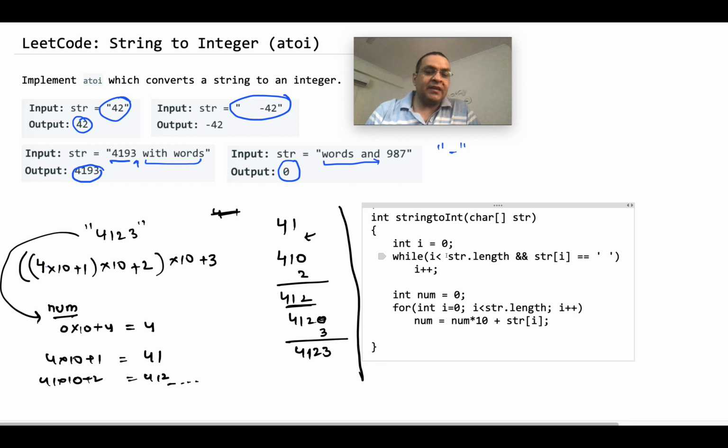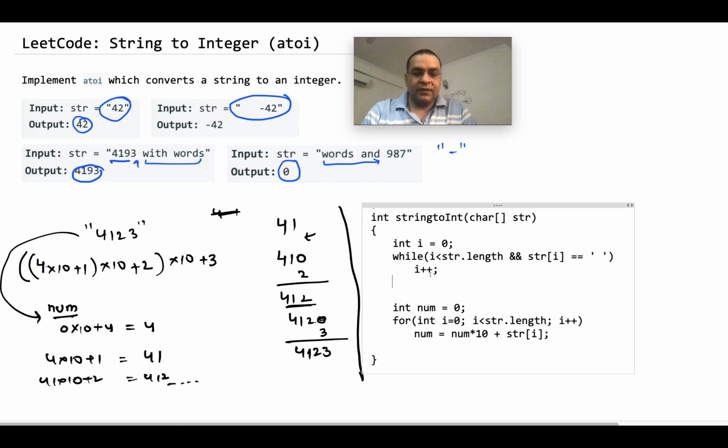We should be putting this check more often, comparing against the length of the string. If the string contains only white spaces, which means that i is greater than or equal to str.length, then we should just return 0. We should not do anything else. This is handling the situation where our string contains only white spaces, only space characters.